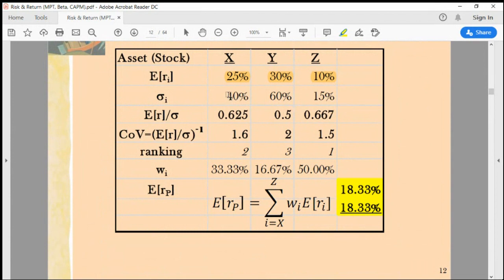If you consider the risk here, X as 40% risk, Y 60%, Z 15%. So this goes pretty much in concert, hand in hand with the old conventional wisdom. Why? The conventional wisdom is what? The higher the risk, the higher the return. The lower the risk, the lower the return. Right? Makes sense? Then, if you consider